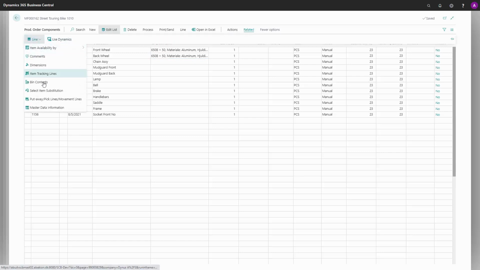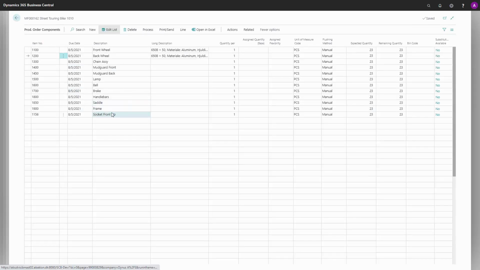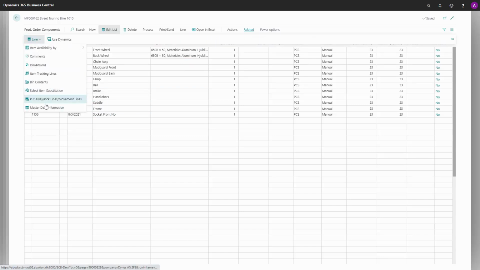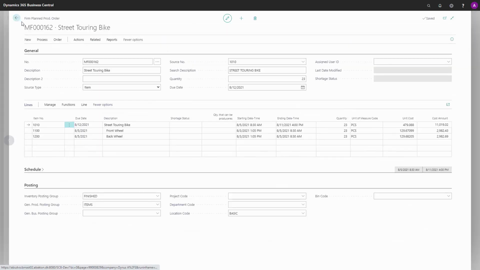So this could be things that you need to be aware of for this specific component, all kinds of information. And you can add, for instance, here on the frame, I think I've added an information saying to use this frame from a mountain bike if we don't have any more left or something. This could be added specifically for this master data component line. And this means on the